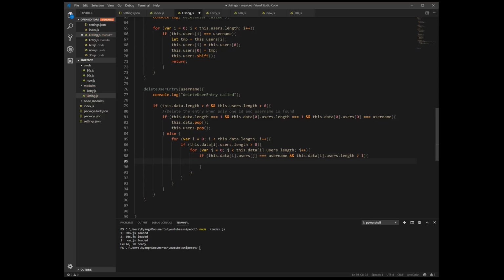If so, if here we have more than one username and we found the username that we want to remove in the